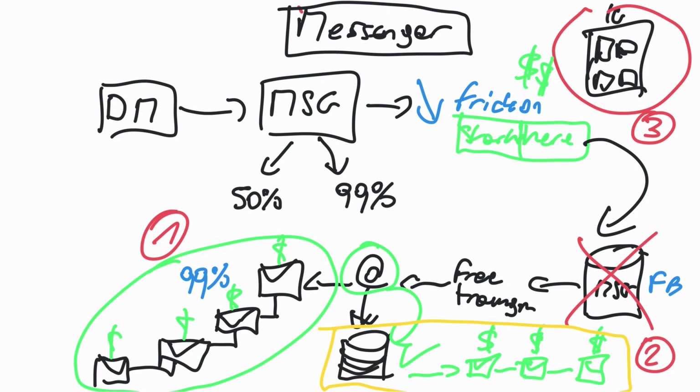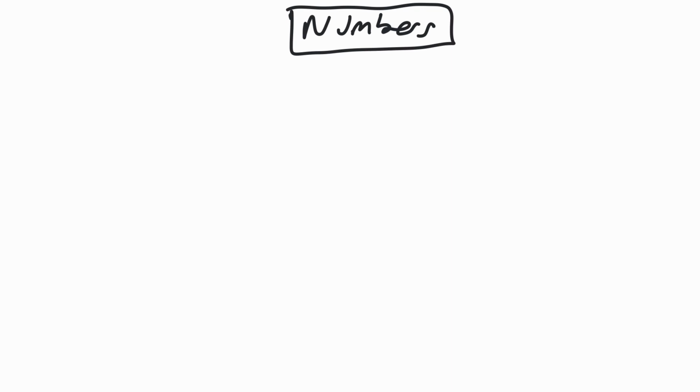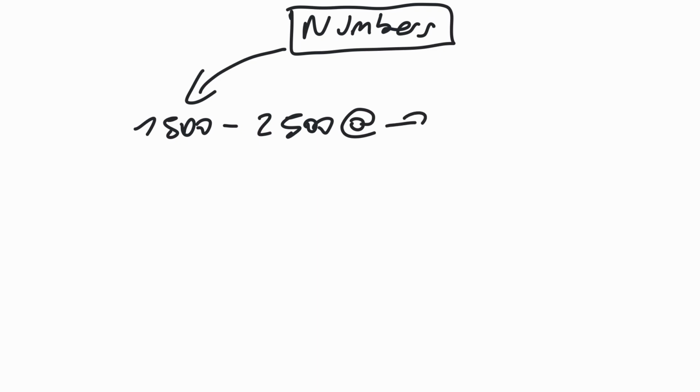So just to give you some numbers, okay? The way it was working for me was this: once I got to a point where I was sending everything inside of Messenger, every single day, thanks to my accounts, I had between 1,500 and 2,500 new emails per day, depending on the days. Okay? So we're talking about emails here.